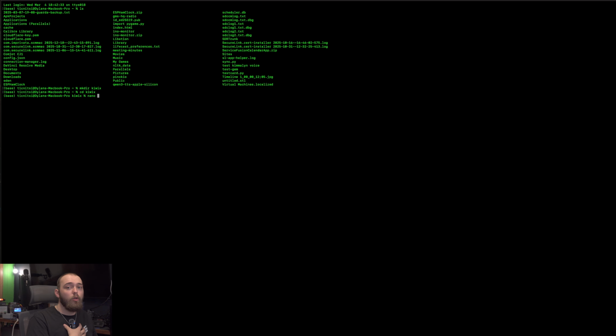I prefer Nano. If you're a Vim person, you can do that. You can also just do this with Notepad. You do not have to do this in a terminal, but getting more comfortable in the terminal will help you in the future. So we're going to do nano, which is the text editor, and then we're going to say docker-compose.yml. That's .yaml.